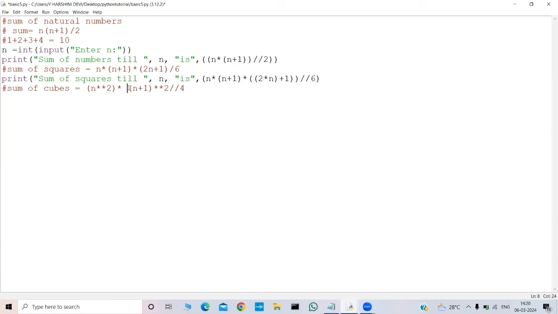N square into n plus 1 whole square by 4. Okay, let's print that. Sum of cubes till n is